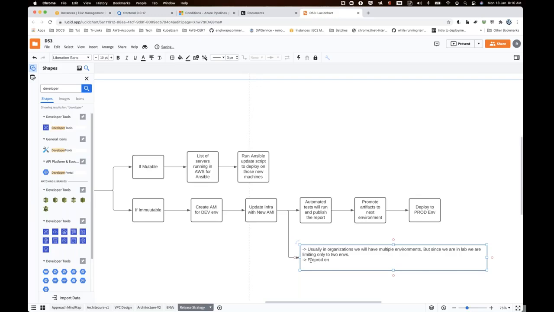Now let's say testing can be done by testers in a test environment. That can also be a separate environment.